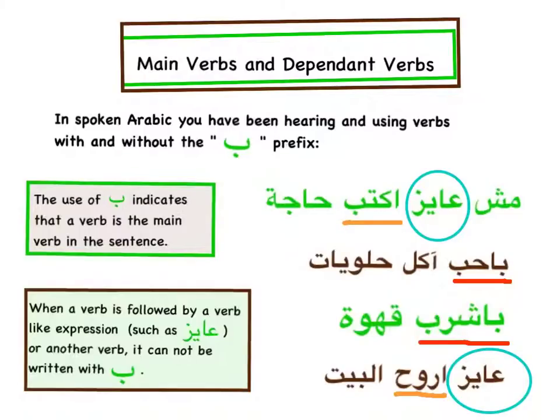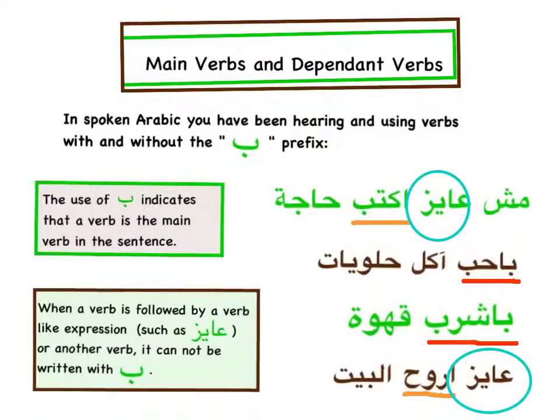Let's say another example. عايز أروح البيت. I want to go home. عايز, I want, and the verb after it does not take